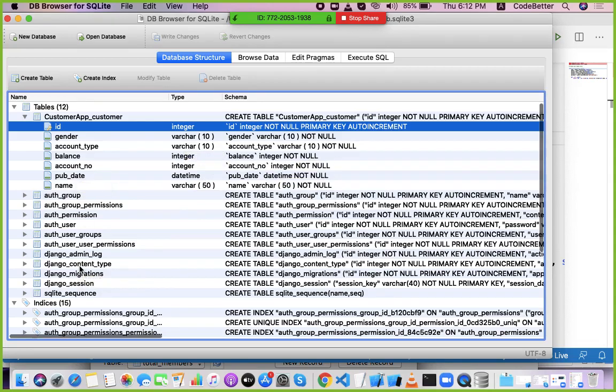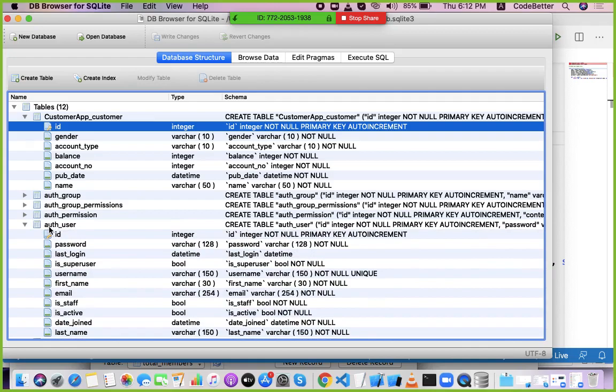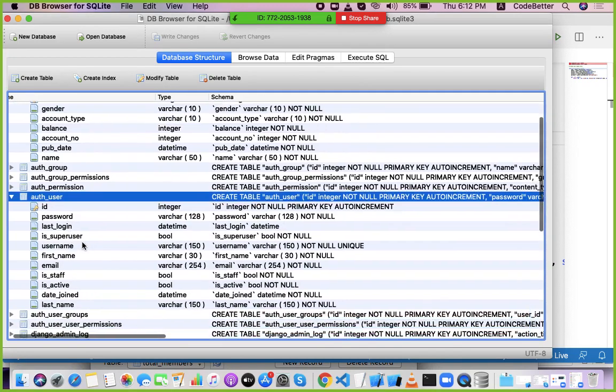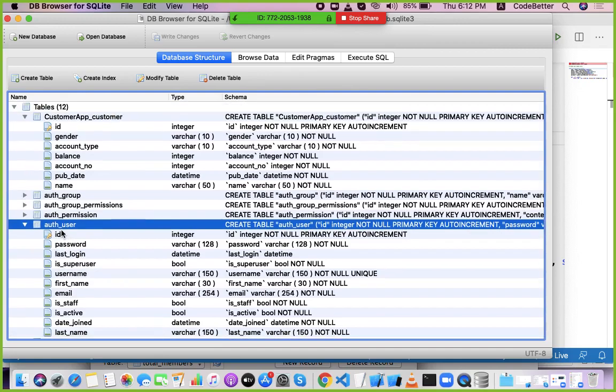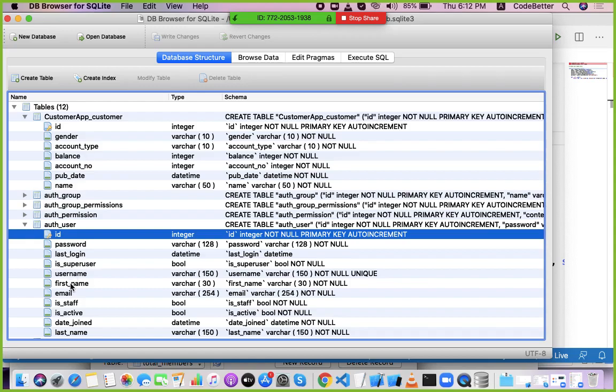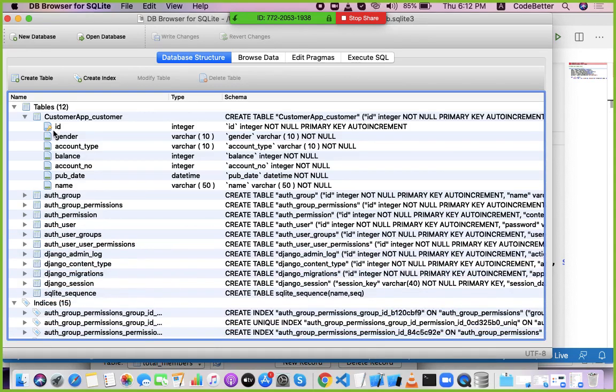Please go through the remaining tables in your free time. One is the user table, because by default you have one user, the admin user. The admin user's ID, password, username, first name, and email are already stored here, and you can create more users if you want.